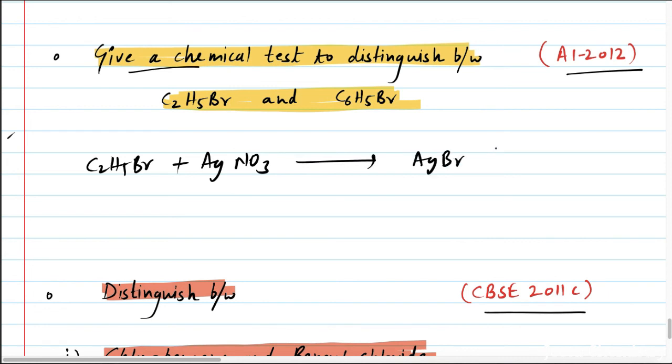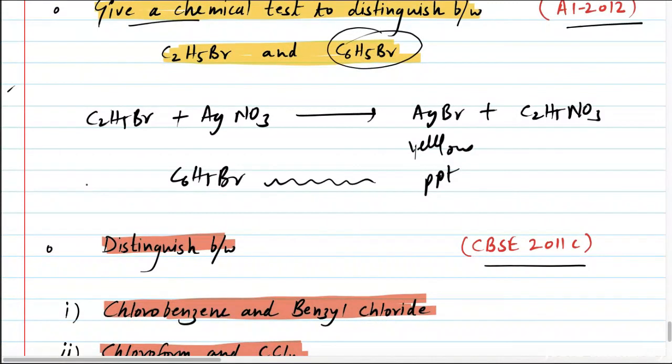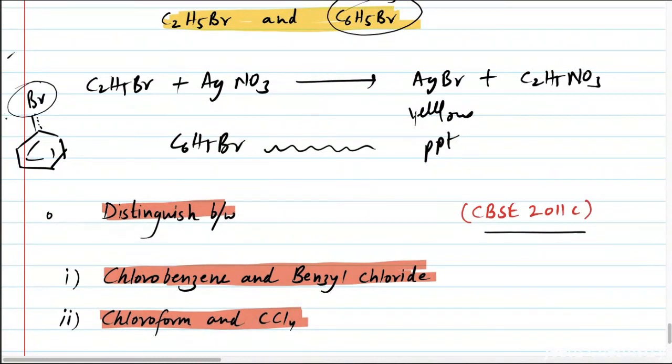It will give you AgBr. What does AgBr indicate? It indicates the color yellow. Yellow PPT indicates yellow PPT. Okay, the other compounds are side products. If you want to write down, then this is your side product. Again, you can write down C6H5Br does not confirm this test, right? C6H5Br does not confirm the test, because there is a benzene ring, there is Br, there is double bond character due to resonance, right? So this does not confirm the test. It is very difficult to break from here.